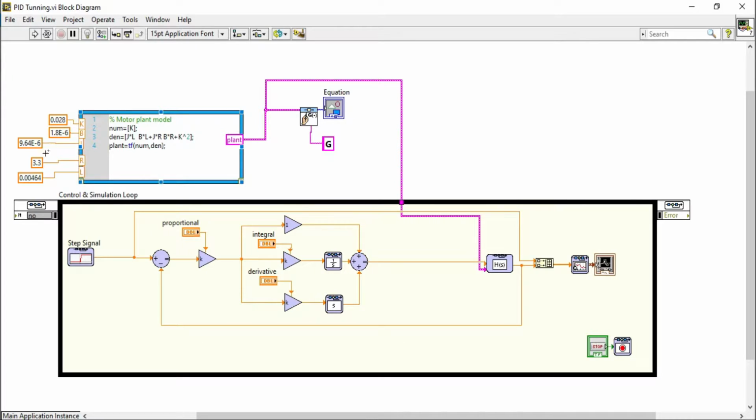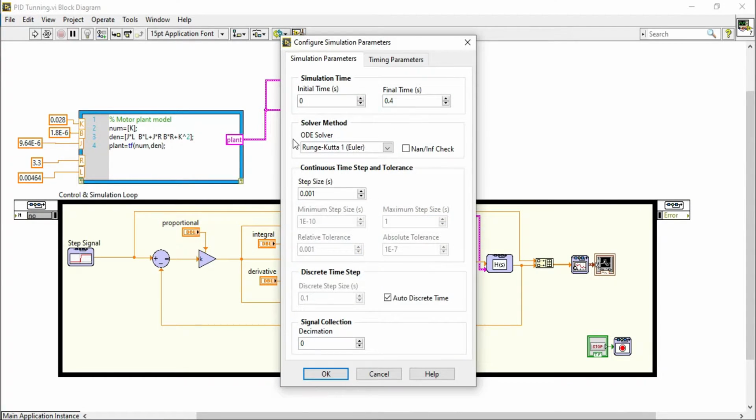By changing these constant values, I can change the transfer function. So in this method I get the step response and the response of my motor on the same graph. From the control and simulation loop, you can change the initial time and final time.